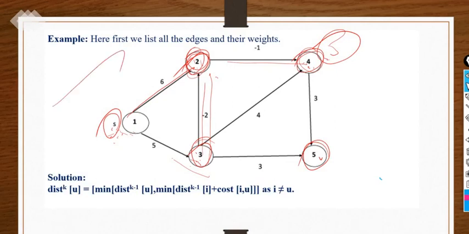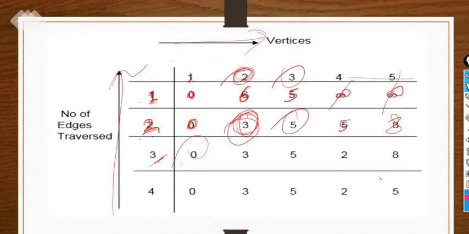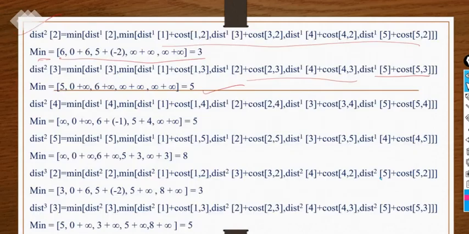Bellman-Ford algorithm. There is a problem with Dijkstra: it cannot handle negative edge-weight cycles. By following the same rule, with the help of the table and these steps, we can find the shortest path for negative edge weights also with the help of the Bellman-Ford algorithm. Everything will remain the same actually. This is the explanation part. You will get clarity on everything from here.